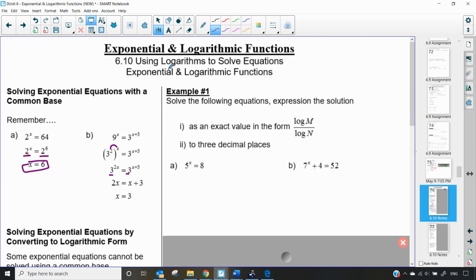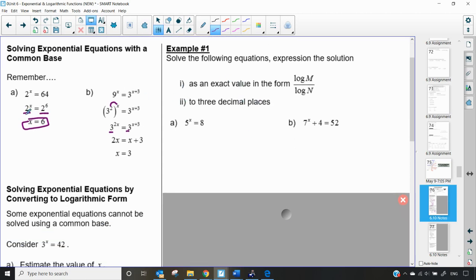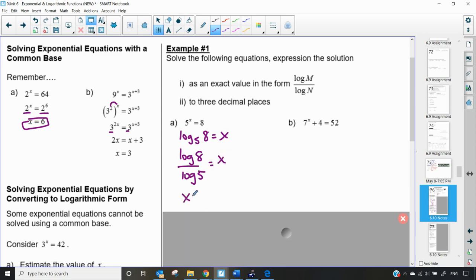All right, so for the first question, we're asked to solve the following equations, expressing the solution as an exact value in the form log of m over log of n, and then write to 3 decimal places. So essentially, we're going to solve the way that we've been doing this. 5 to the x equals 8 cannot be written with common bases, so we need to use this second step here of solving by converting to logarithmic form. So we write this as log base 5 of 8 equals x, and then we can rewrite that expression as log of 8 over log of 5 equals x, and then putting that into our calculator, we get x equals